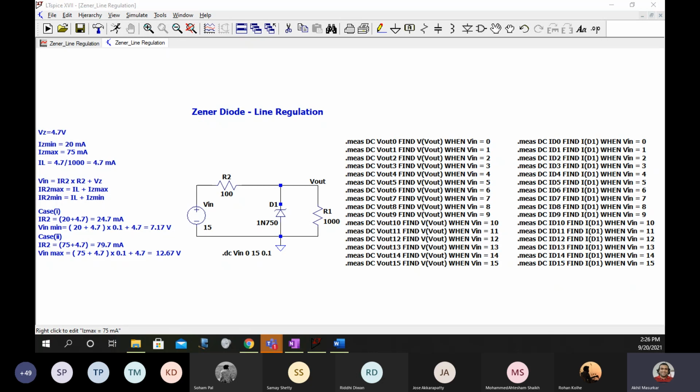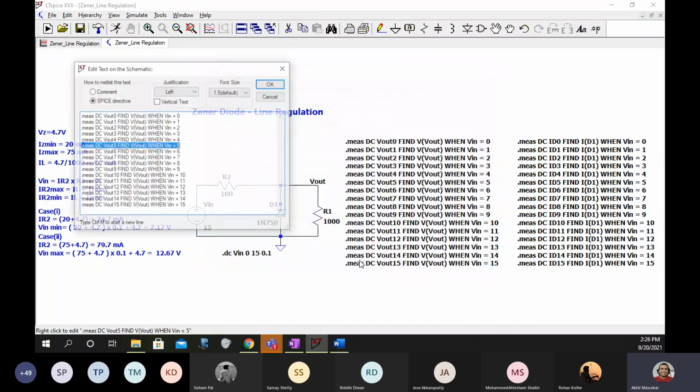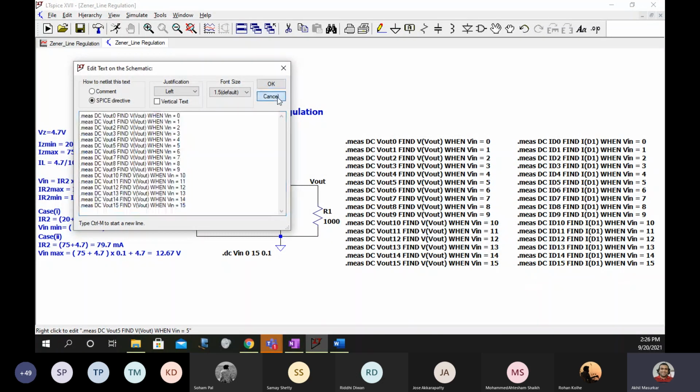So now with the help of this experiment or the code of this experiment, you can test any diode, any Zener diode. Come on, do this. If you want, I'll make your work life a bit easy.